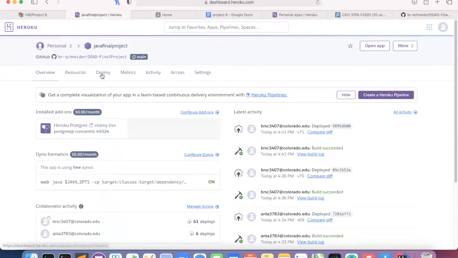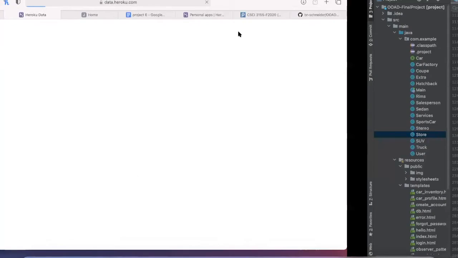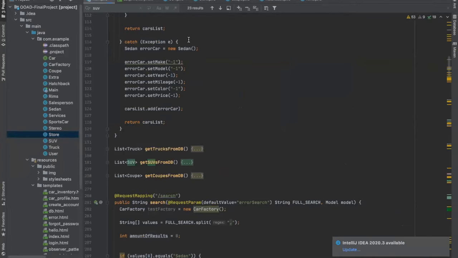So if you go here, you can actually see that it's connected to this Heroku database, and you can connect to it via the terminal like I was doing earlier, or you can go here and click on it and actually look at all the credentials. And then we used Spring Boot to